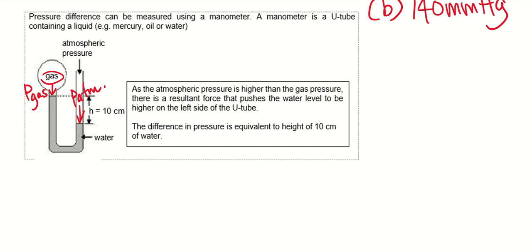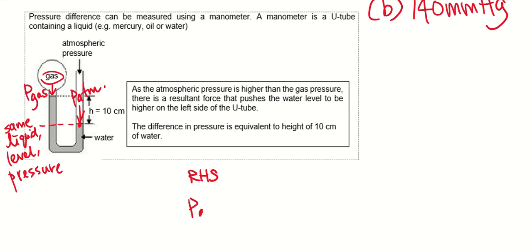the downward arrow. Next thing we need to do is find a liquid level that has the same liquid so that it will have the same pressure. So the obvious one will be here. This is same liquid, same level, same pressure. So how do we do this? Over here, we start with the right hand side. The pressure is due to PATM. For the left hand side of this U tube or manometer, the pressure is due to P gas plus